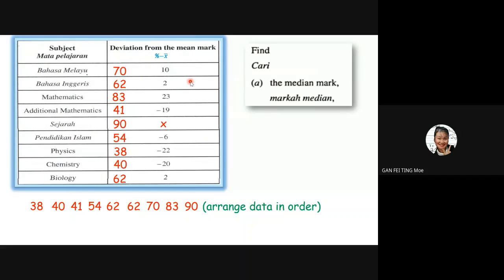So may I know what's your median? Your answer, please. Anyone? 62. Yes, very good. That's how you get your marks. What's the marks for this question? 2 marks. Okay, I don't have my paper in front of me. So you have your marks here, right? So very easy. Do you think it's that easy? Is it easy or not? It's very easy. Okay, where is my question paper? Okay, now let's continue with the second part, which is